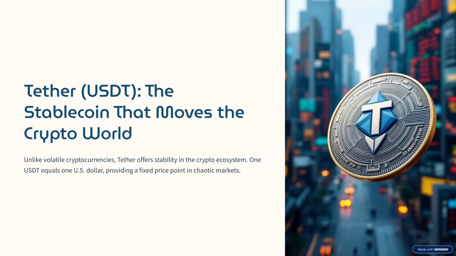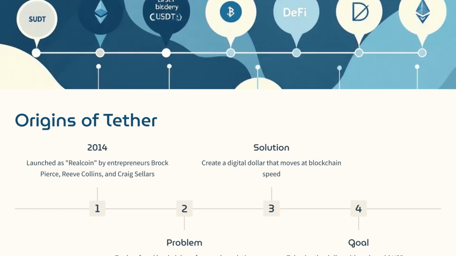Let's start here. What is Tether? You've seen the ticker. You've probably used it to trade or move money between exchanges. It feels invisible. But Tether is anything but. In a world of volatile coins and chaotic markets, Tether offers something rare in crypto, a fixed price. 1 USDT equals $1. Simple on the surface, but beneath that simplicity lies one of the most controversial, important, and systemically critical projects in the entire crypto ecosystem.